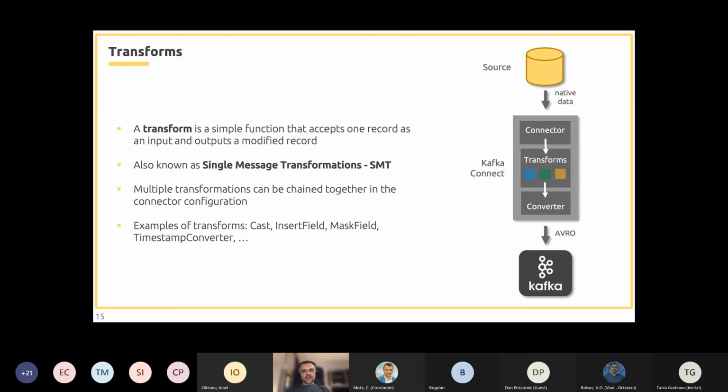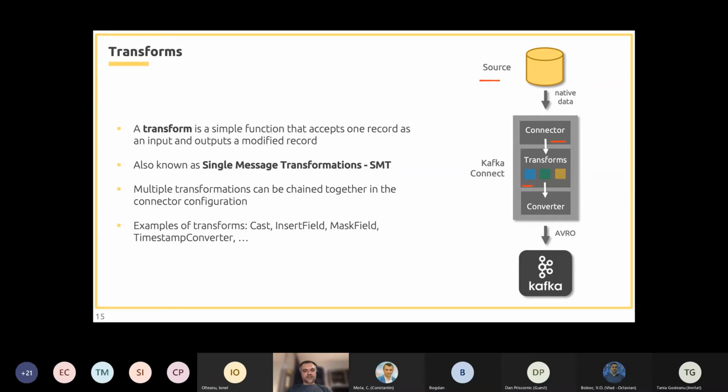Let's take a source connector as an example and see how these transformations are applied. We have our connector, which reads data from our external source, and each record goes through a transformation chain. The data is passed through our first transformation, which makes its configured modifications and outputs a modified record.